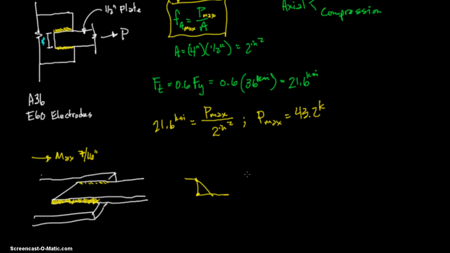Remember, we assume that the area equals 0.707 times the length of the weld. We'll call it LW. So we said 0.707 times 7/16 inch. Then we have to figure out, so we want to take this